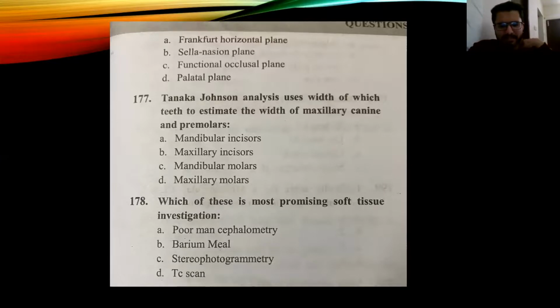I think I have kept it in some of the slides. Basically, a patient comes to your orthodontic department, all right? And you have to assess which jaw is at fault. Is it the maxilla or the mandible? Which one is front or back? Usually what do you do to assess this? You will take a cephalogram, right? To be accurate about which one is at fault.